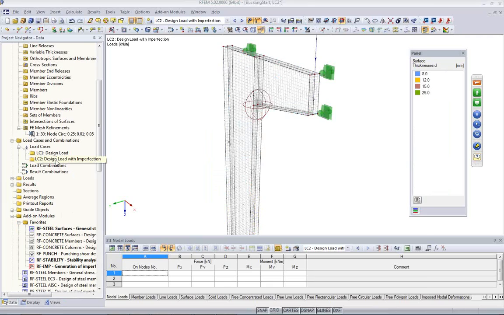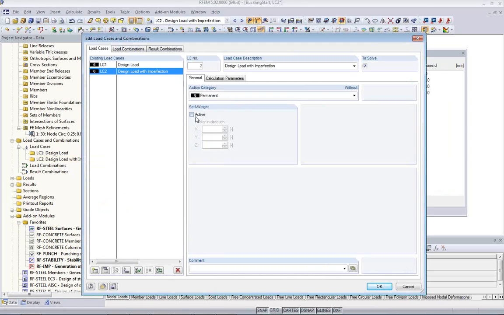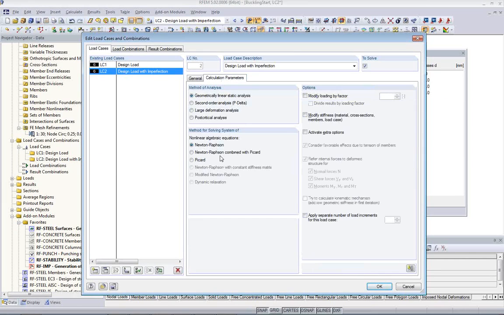This load case, now I edit, and in the calculation parameters I could apply second order analysis, which is a more simple analysis, higher order analysis, which is of linear nature actually, or I can also use a little bit better analysis, which is the large deformation analysis, which is based on a Newton-Raphson iteration, and it gives a little bit better results